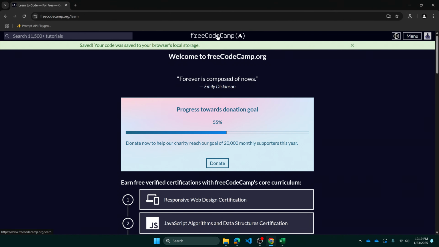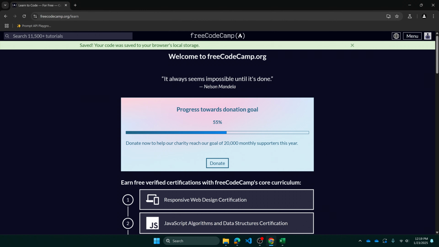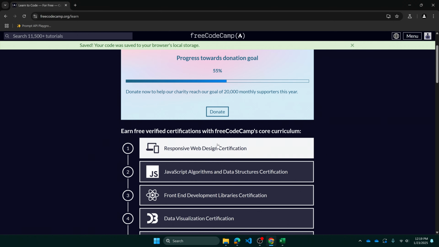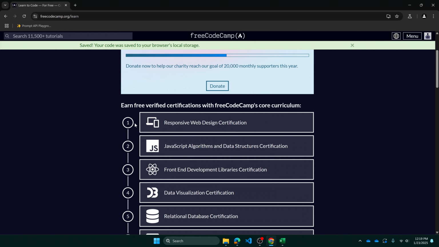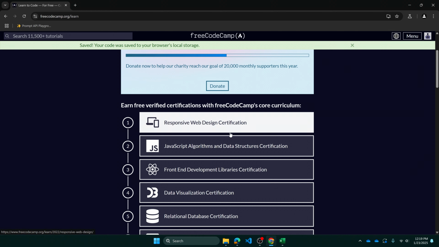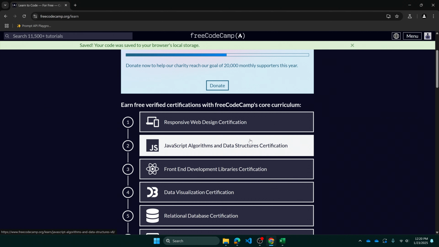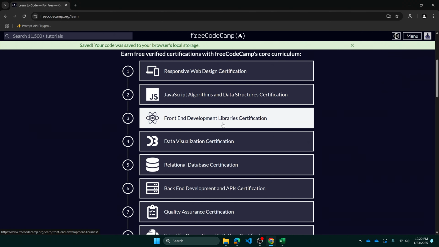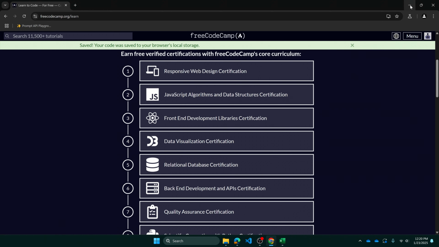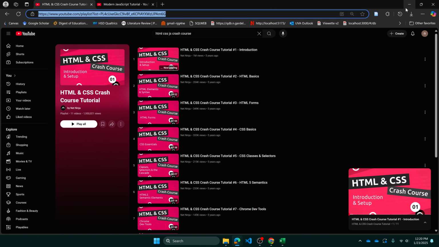So if you go to freecodecamp.org/learn, if you follow their learning path and you get the responsive web design certification and then the JavaScript data structures and algorithm certification, you'll be pretty well set up to get into the front-end libraries where the React course is going to be. Those are really helpful and pretty fundamental,